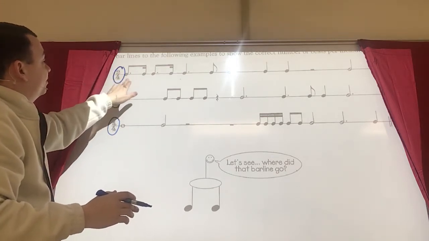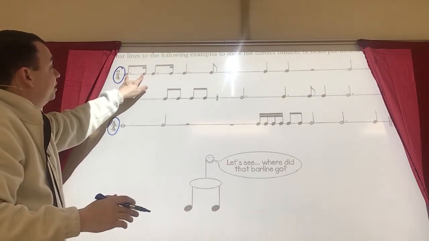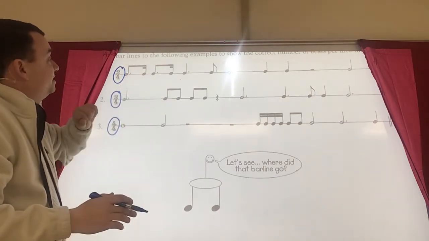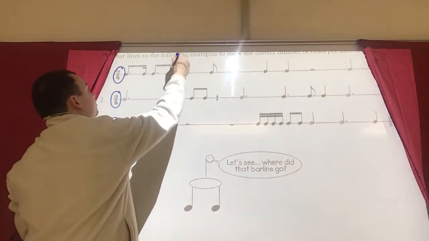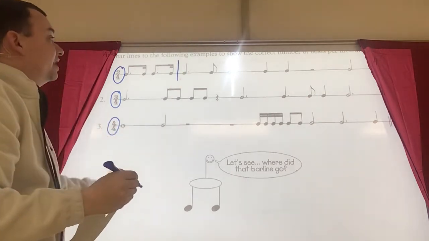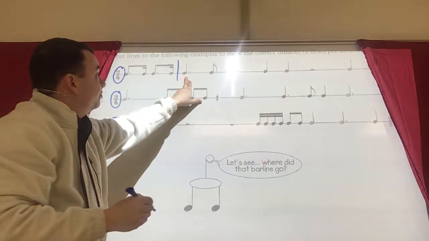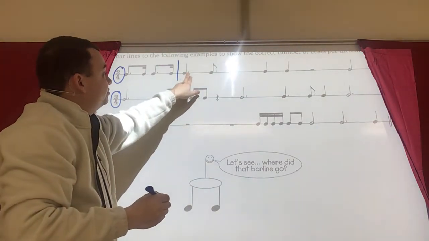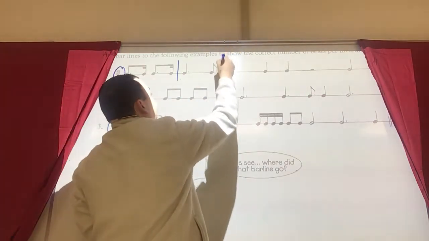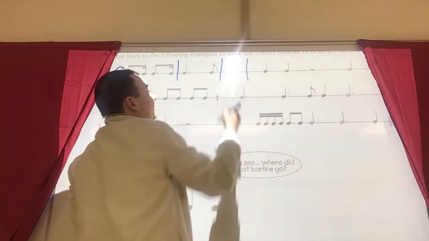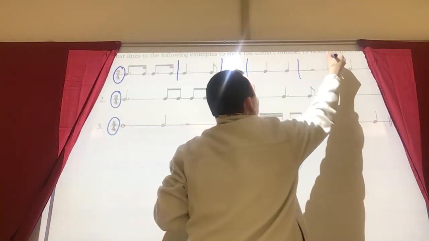In the first one, 2-4 here. Each one of these patterns is worth 1 beat and 1 beat. So you have to be careful that after every 2 beats, you draw a line. Look, here's that dotted quarter note that we've been talking about again. Remember I said it gets us into beat 1 and 2, and this is the end of 2. So 2 beats, half note by itself worth 2 beats, 2 quarter notes, 2 beats, half rest, 2 beats,